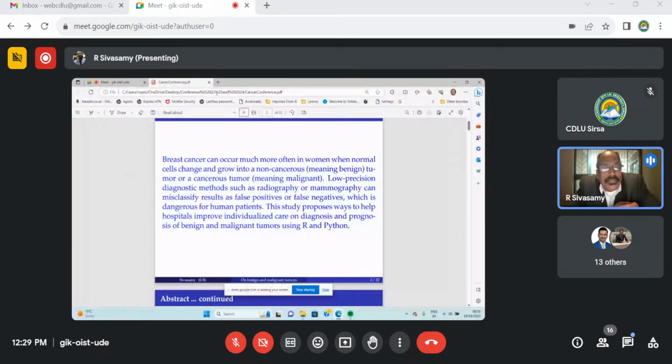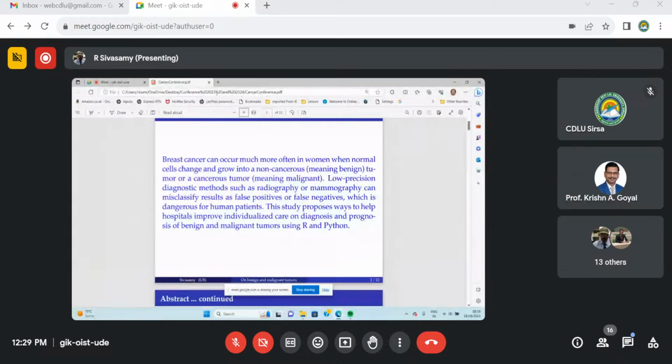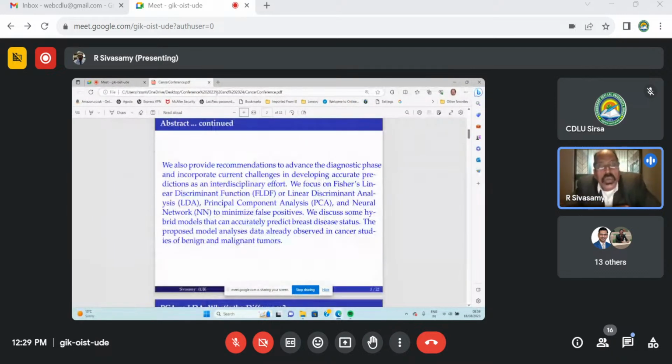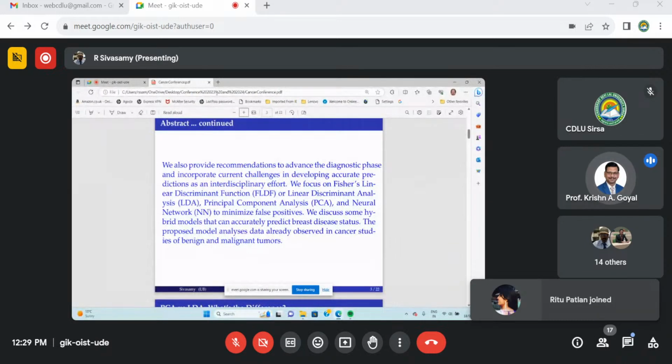That is why I say the purpose of this presentation is to discuss different ways to help hospitals improve individualized care on diagnosis and prognosis of benign and malignant tumors. Now, the tools which are helpful to do the classifications will be from statistical methods. One method is called